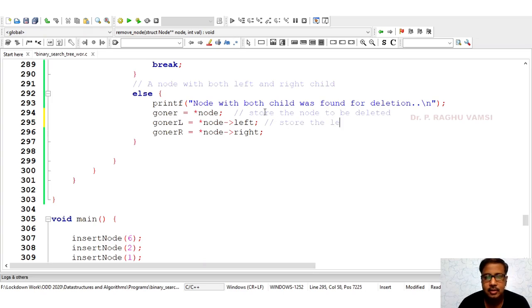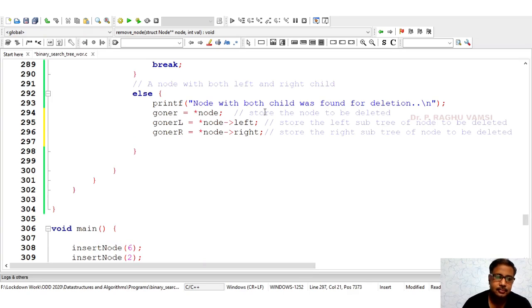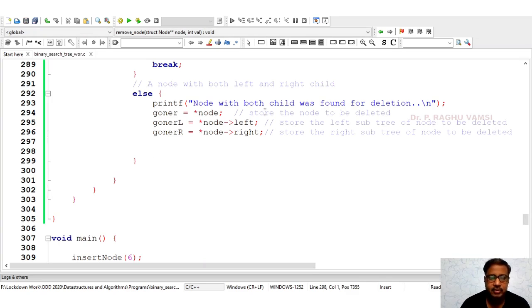So the left subtree of the node to be deleted. In the same way, the right subtree of the node to be deleted. Because we require both the left subtree and right subtree, that is the reason we are going to place them in temporary variables goner L and goner R. Now search for the largest value at the left side of the node that is to be deleted.